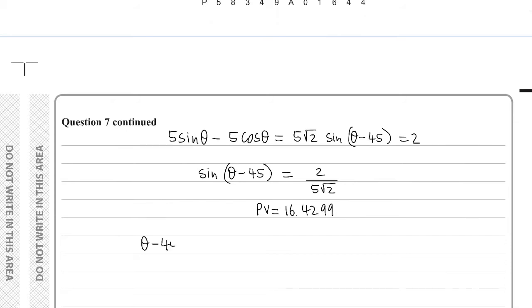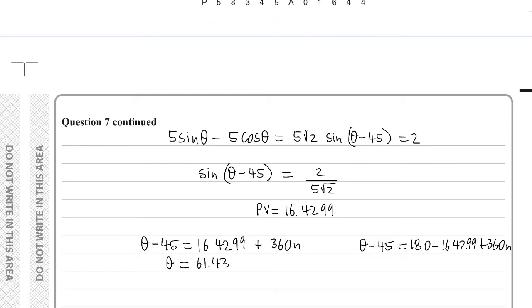So theta minus 45 is 16.4299 plus 360n, or theta minus 45 is 180 minus 16.4299 plus 360n. So if I just rearrange all of these, we'll be getting 61.43 plus 360n, or